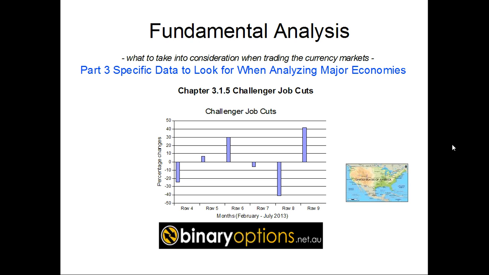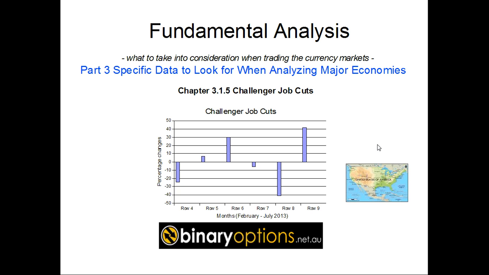I wouldn't say that this is a trend. I would say that this is more likely an erratic move for the challenger job cuts. So I would leave this chart alone,